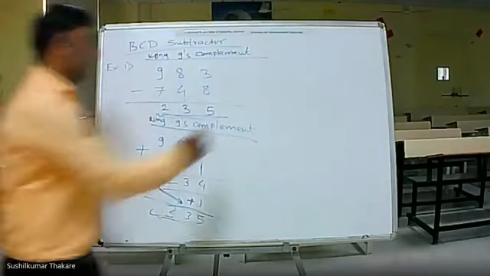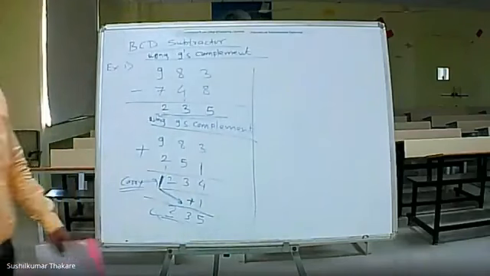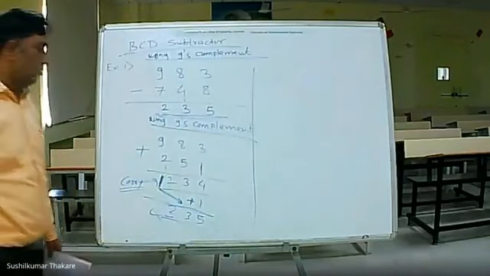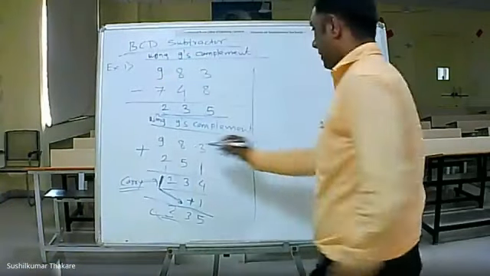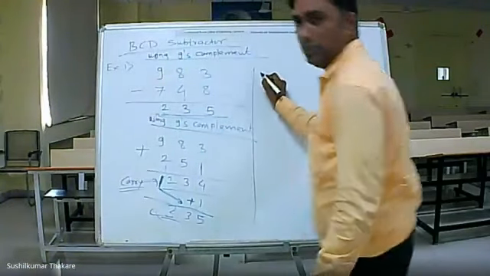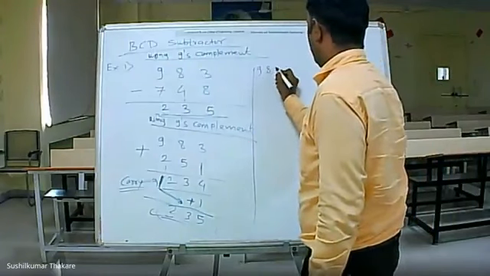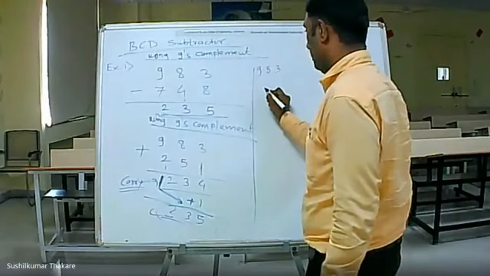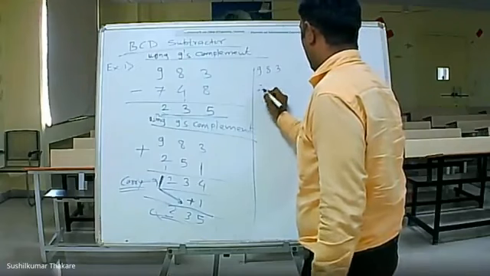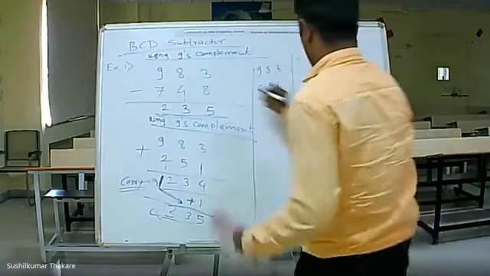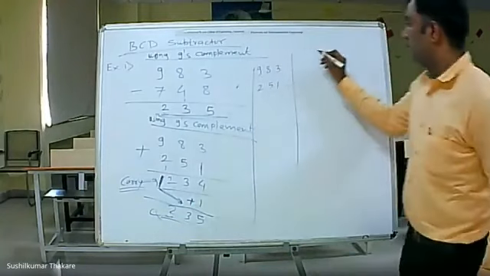But now we do it in the form of BCD. This is the BCD subtraction. So write down 983. This is the number, and the other number is 251. Okay, so in BCD form: